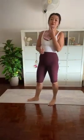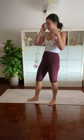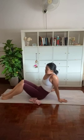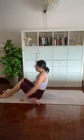Coming down to the floor for boat pose now, okay? So in yoga, when we do core, it's really a lot more about, as I said earlier, learning to use optimal strength, and learning to use your core intelligently. So it's a lot more about the quality and the form, and the duration of the hold. So these are 3 things that you need to take note of if you want to get stronger in whatever that you do. Now coming up to your boat pose,